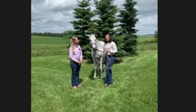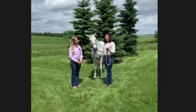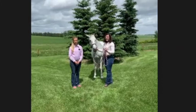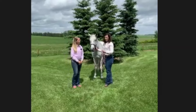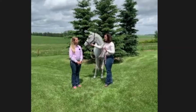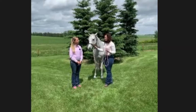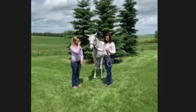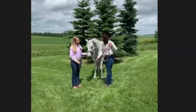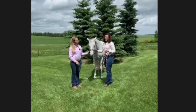So one of the things that we need to watch for is if you're going to be working for, say, an hour's lesson, that you take 2 to 3 breaks within that, so that you're not just constantly working on that cardiovascular system, you're giving it a chance to recover. That's really important, is to make sure you have those recovery times in any of your disciplines, for sure. And the other thing is that